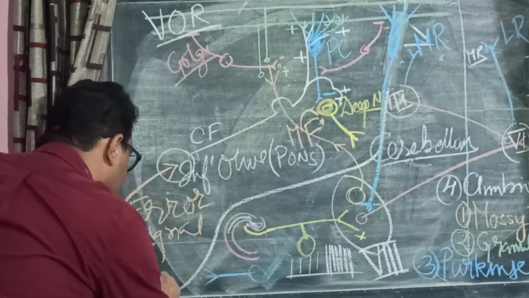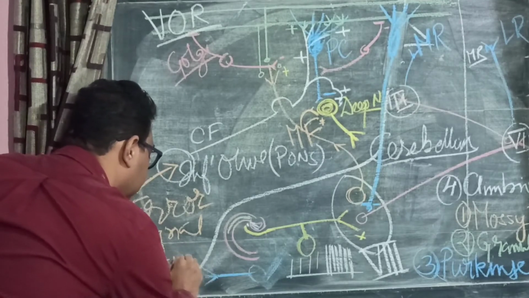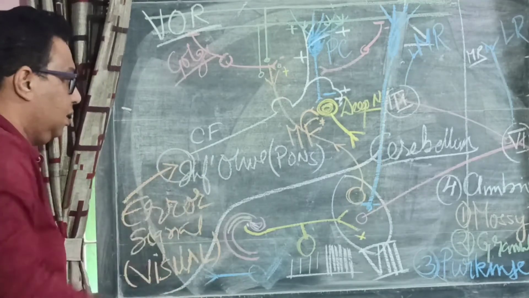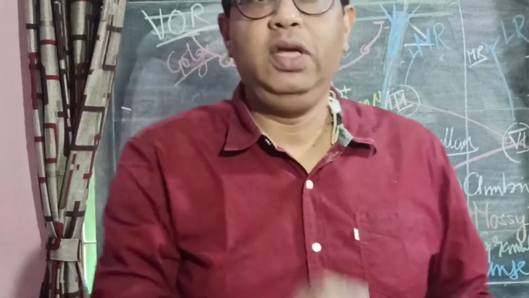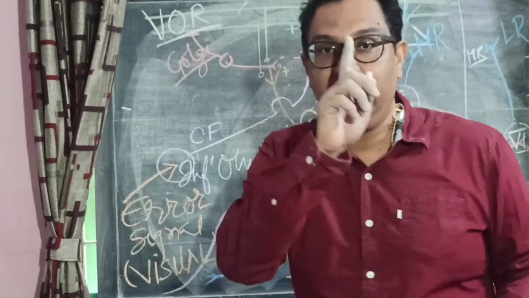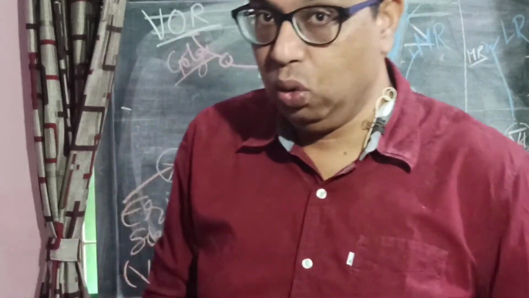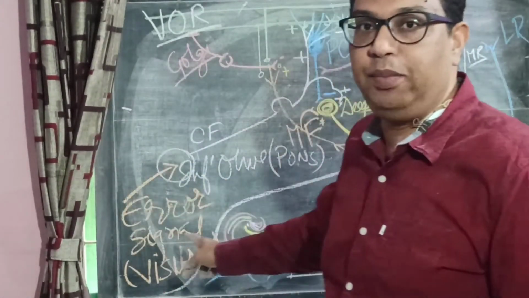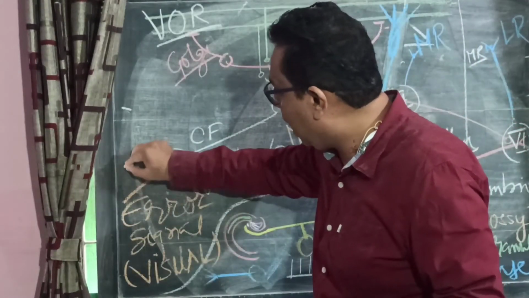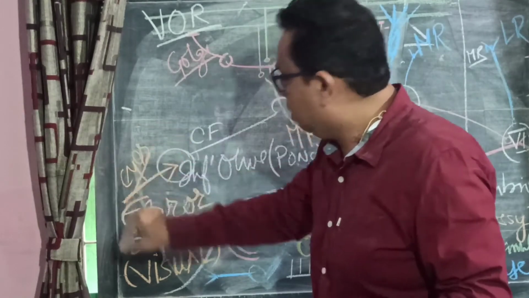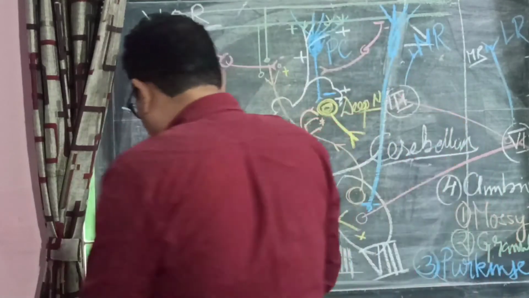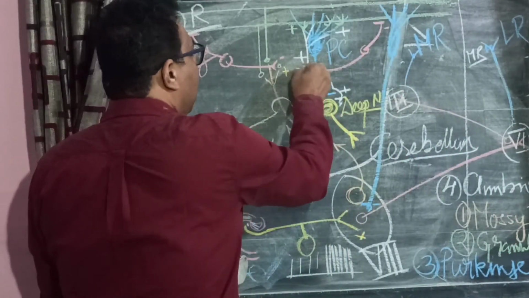From where? From the visual system, from vision. So, this is VOR happening. There is a reflex for VOR. You are already acquainted with that. On top of that, if the VOR is not doing what it should do, then there is a discrepancy between the intended movement and the resultant movement, which is picked up by the eyes. The retinal focus will not be as intended. So there will be an error signal which will stimulate the climbing fibers, and the climbing fibers